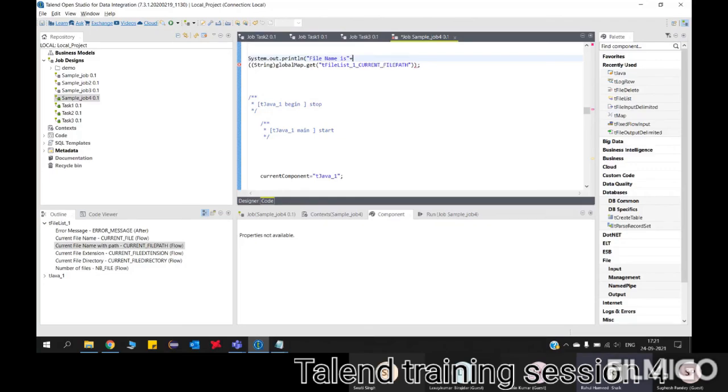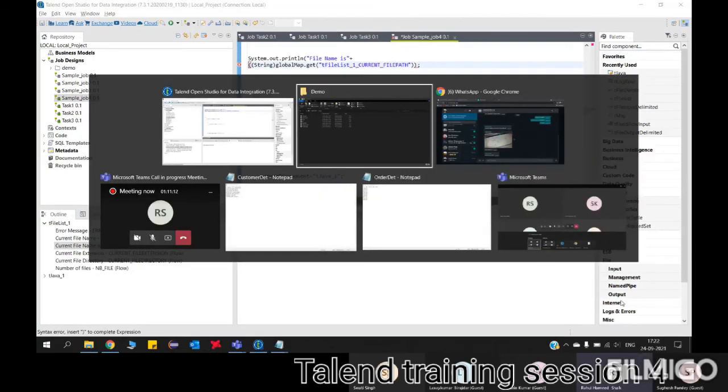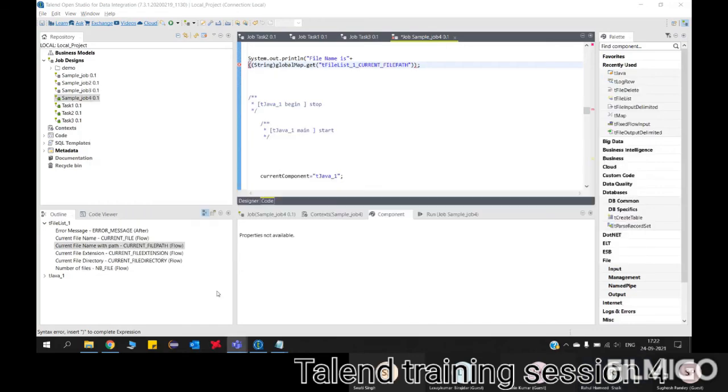Put one more bracket at the end before the semicolon. Type it. Are you able to type there? Semicolon, bracket. No, sir, it is not allowing.